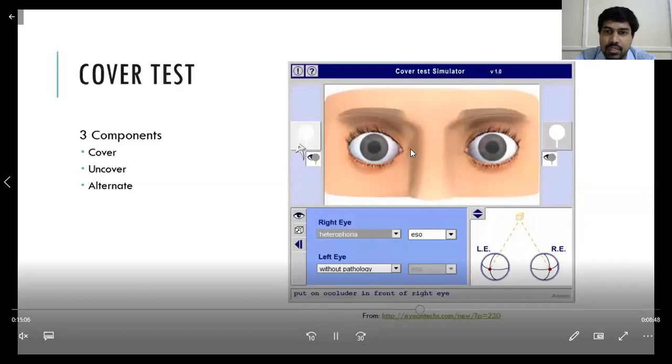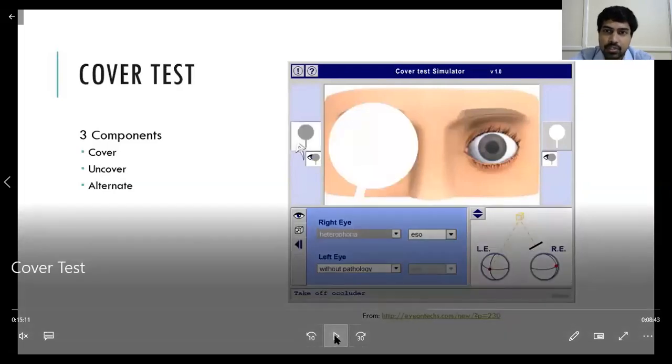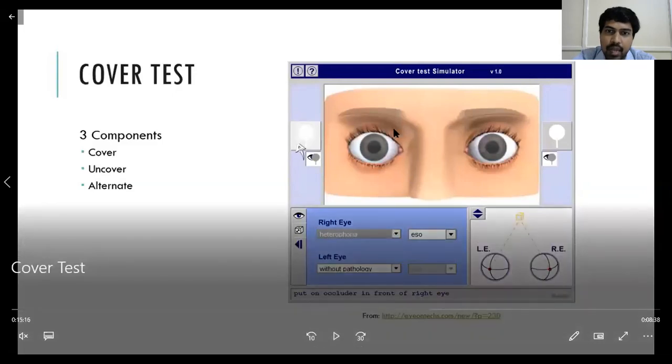In heterophoria, what you have to do is an uncover test. Uncover test means you occluded this eye, and now you remove the cover. When you remove the cover, the eyeball immediately takes up fixation. That shows that there is a latent squint. Here there is no manifest squint. Both eyes are looking straight, and you are thinking that the patient is normal. But when you cover the eye and remove the cover, as soon as you remove it, the eye will have a movement.